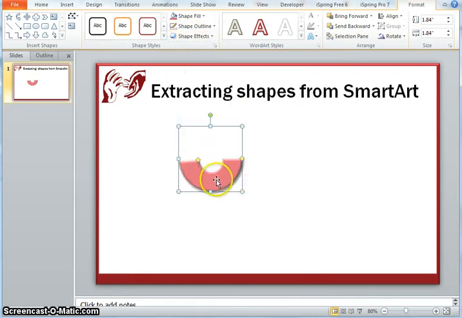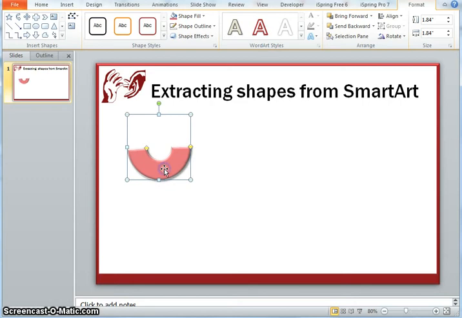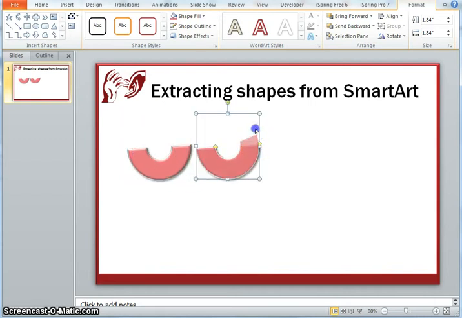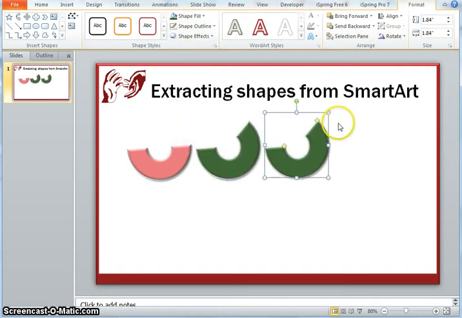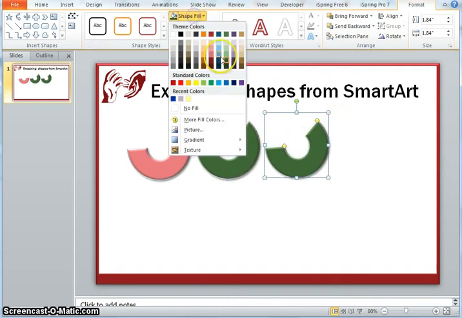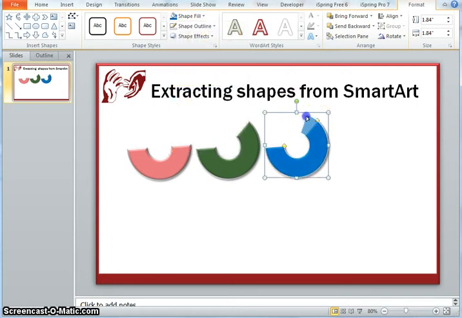So let me just stay with this as such, and suppose this is a representation of say 50. So this is 50%, and I do Control D and duplicate this, and I increase the size and say this is 1% more, and I change the color. Then I Control D, duplicate it further, change the color of the shape, and change the size.